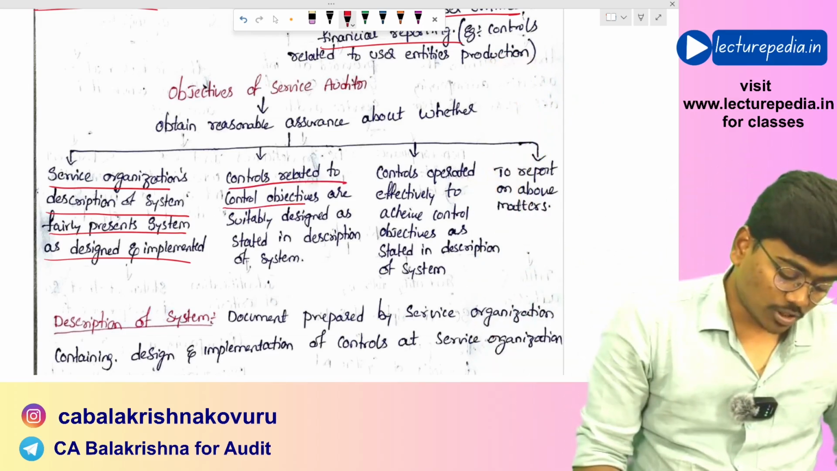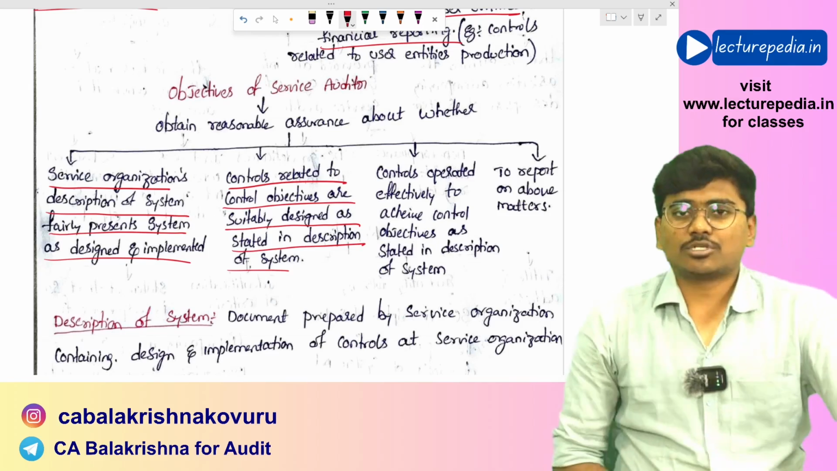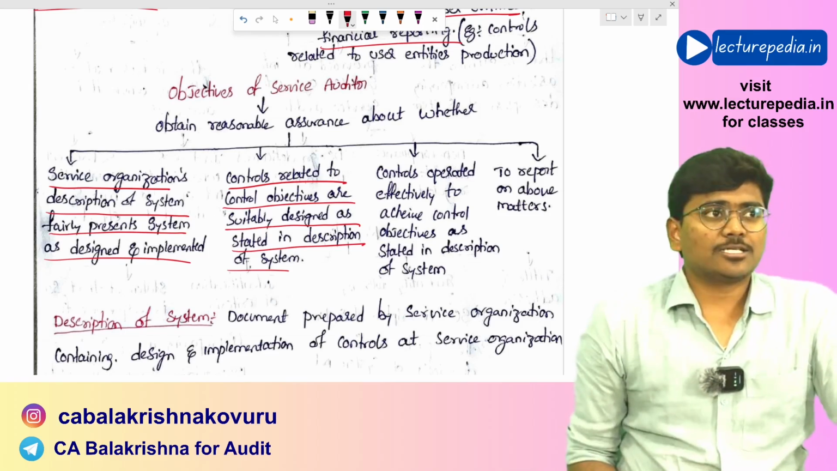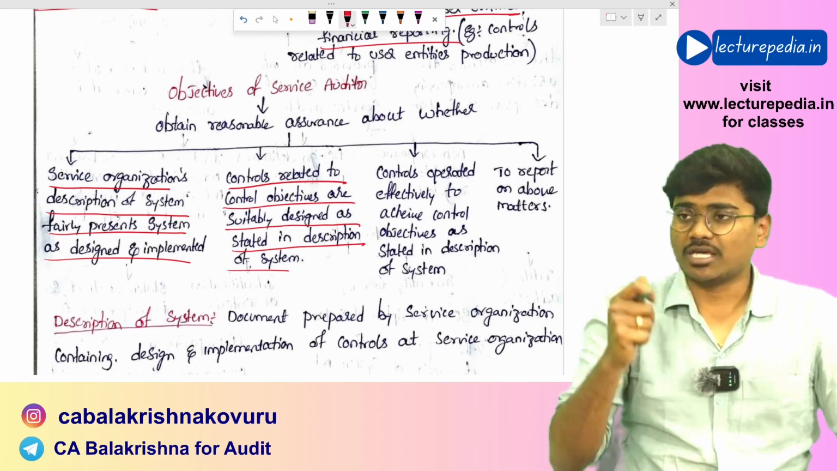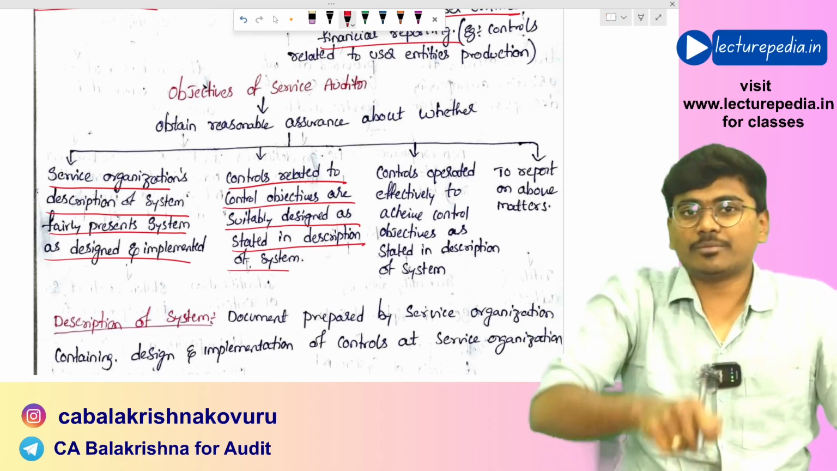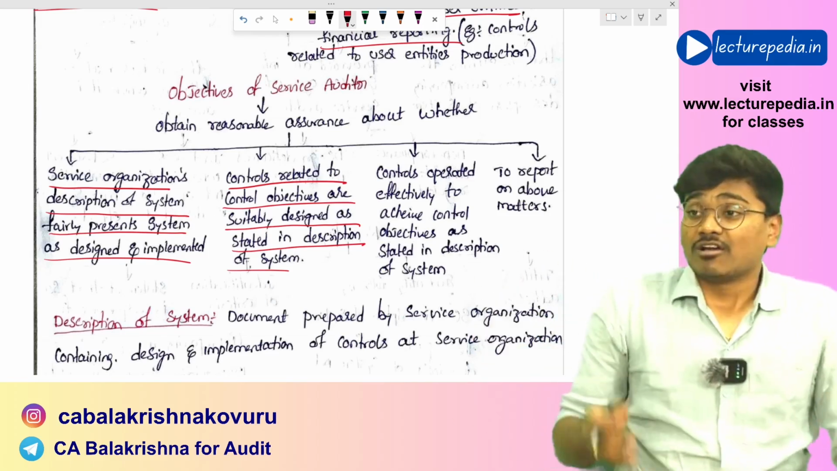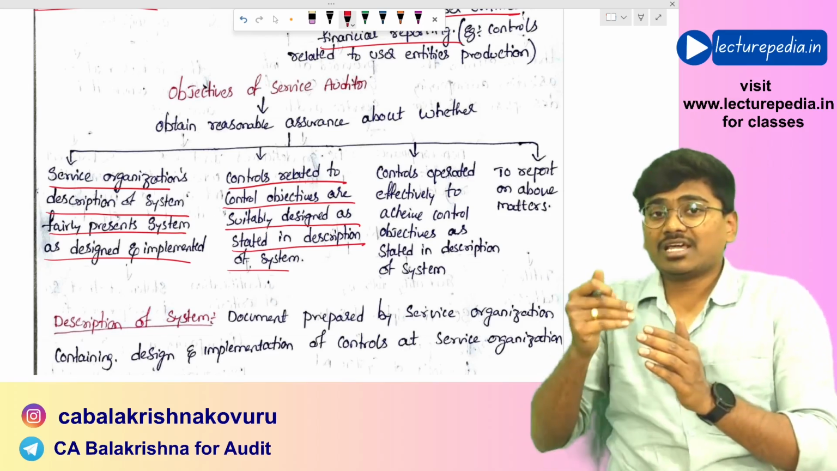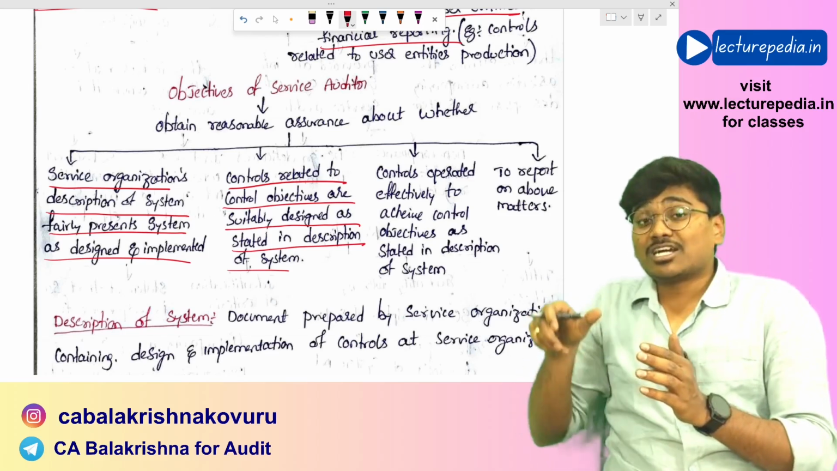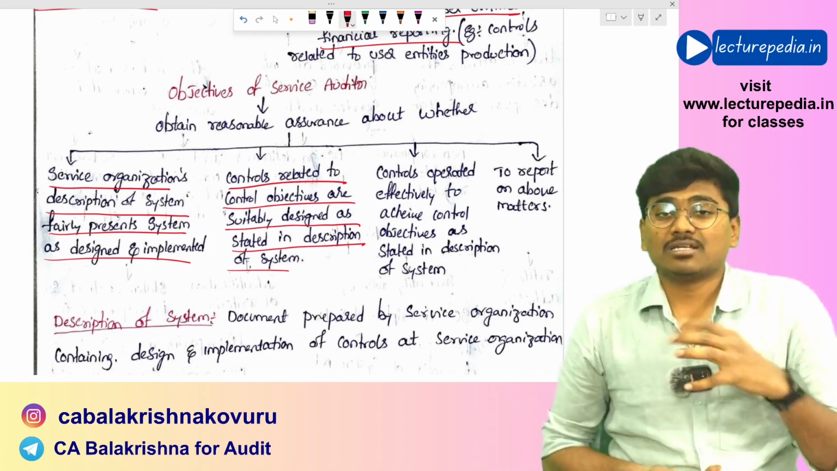Next, controls related to control objectives are suitably designed as stated in the description of the system. In the description of the system there will be various control objectives. What are control objectives? Let me give you an example. Having a user id and password: giving a user id and password to each employee is a control. What is the control objective of implementing this control? To ensure that unauthorized access to data will not take place. So the description of the system will have various control objectives, and for each control objective there will be a control designed. Whether such control is properly designed and implemented or not,